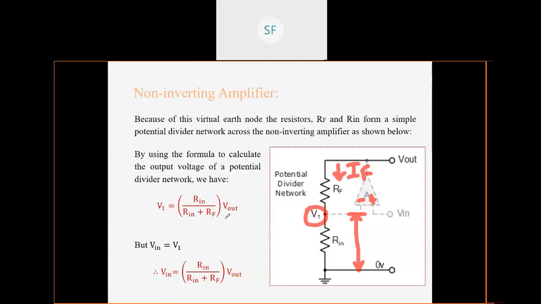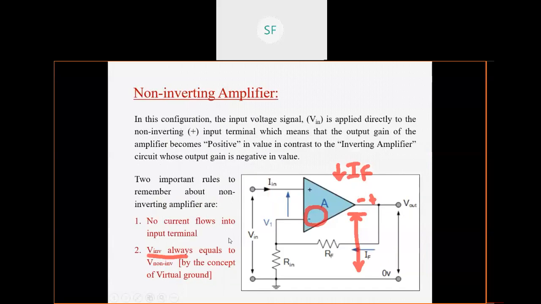But now we have understood the thing that I just mentioned. If you observe the earlier diagram carefully, I will just go to the earlier diagram. By applying point number 2, we can say that the voltage between inverting and non-inverting must be the same, right? And we know that Vin is given to the non-inverting. So this V1 will also be equal to Vin, right? By the concept of virtual ground. Here ground is not given, but the concept will be the same.